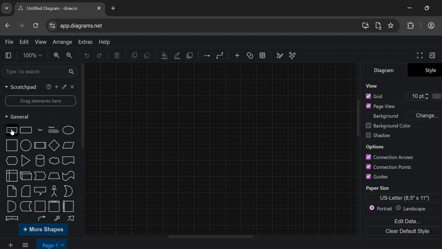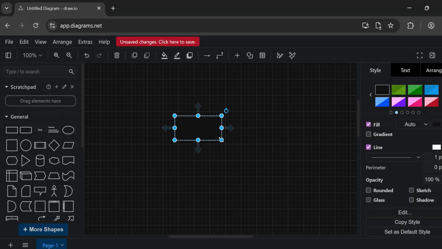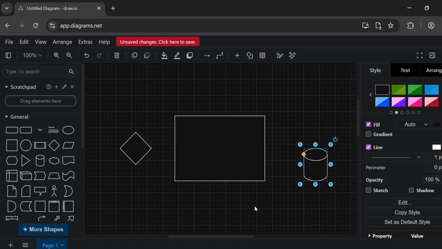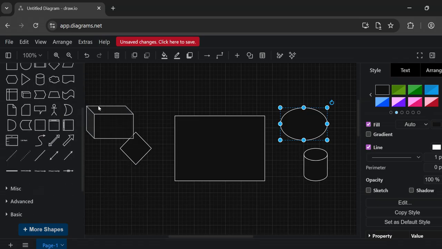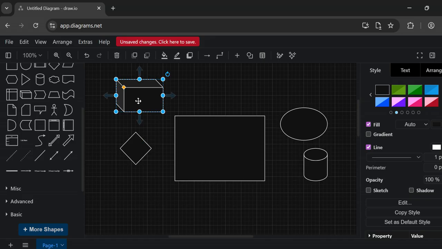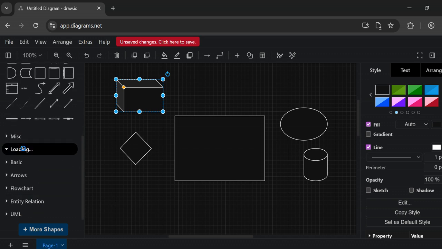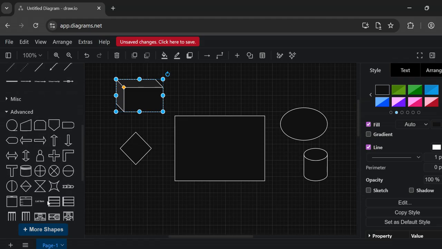So in general, you can see here, this is the entity. You can see entity, the rectangle. This is relation. This can be considered as a database, to show a database. And this can be an attribute, correct? So these are just symbols. This is used for UML development, like the deployment diagram, correct? Now you can see here in advanced, there are so many